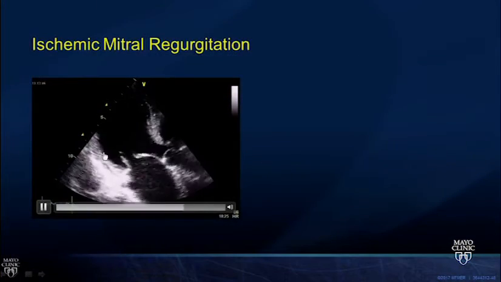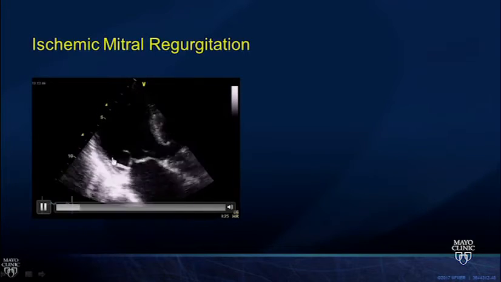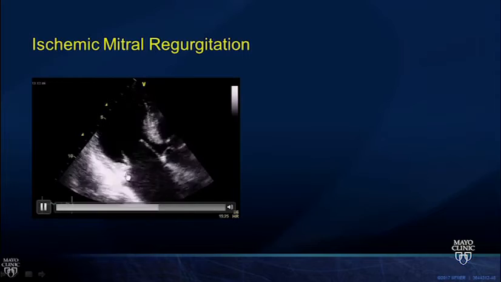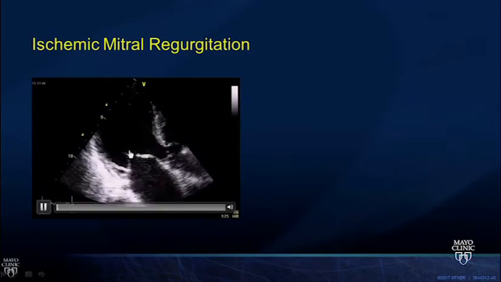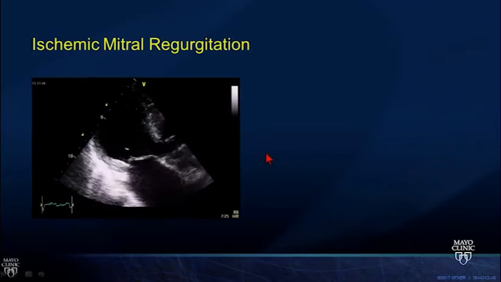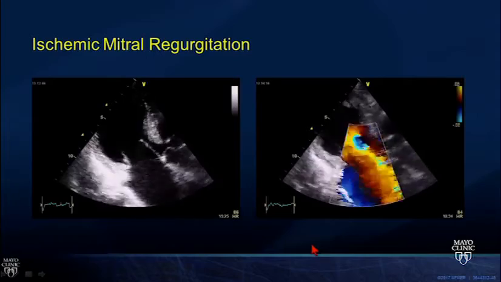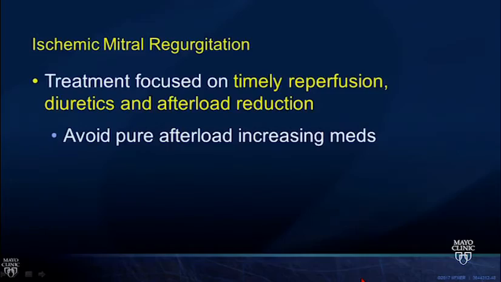Sometimes a picture is worth 1,000 words, and here we see an example of this. This patient has had a posterior lateral infarct. We can see regional wall motion abnormalities in this distribution. It's resulted in decreased motion of our posterior mitral leaflet and anterior mitral leaflet override. When we place color on this, we can see an eccentric mitral regurgitant jet in the setting of this LV dysfunction. The problem is the ventricle.